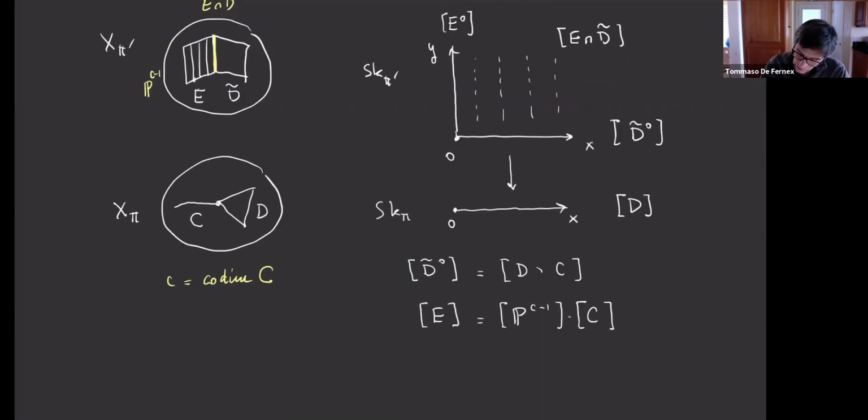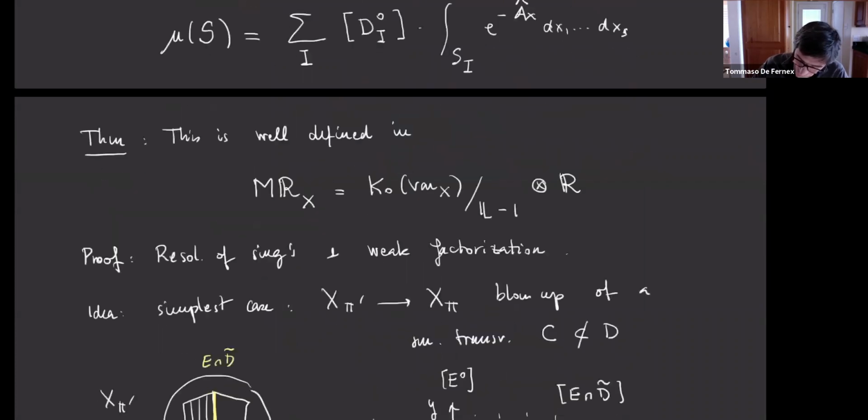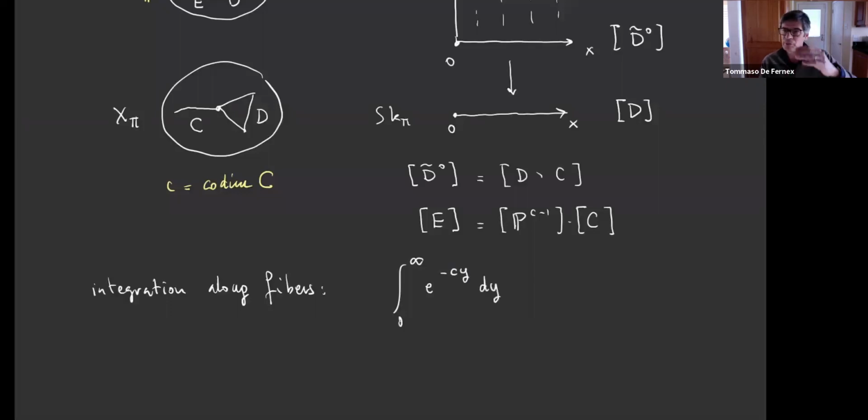Okay, so now the question is what happened to the integral part. In the definition, I compare these pieces, but now I need to compare the two integrals. For that, you just need to integrate along the fibers. And so this will give you an integral that looks something like this: the integral from 0 to infinity of e to the minus cy dy,